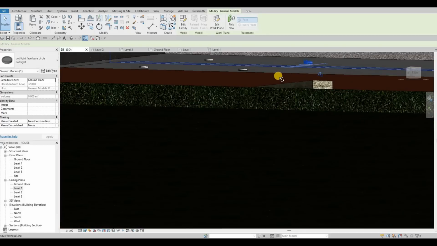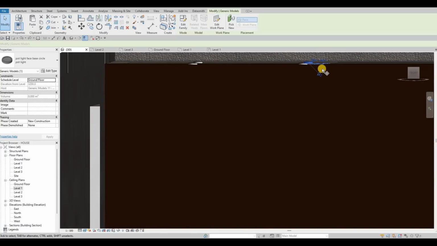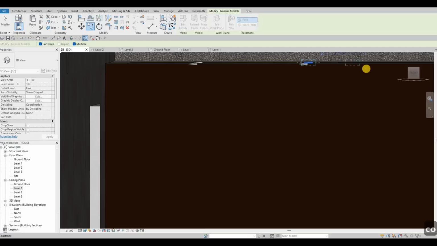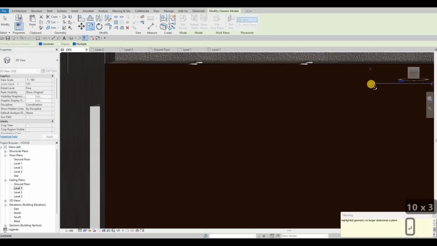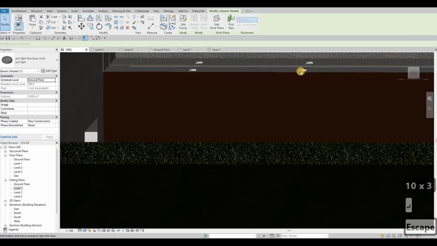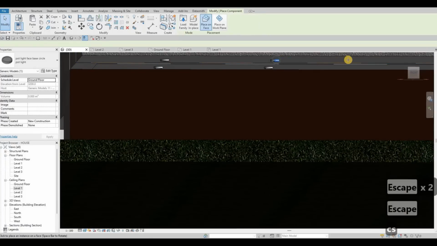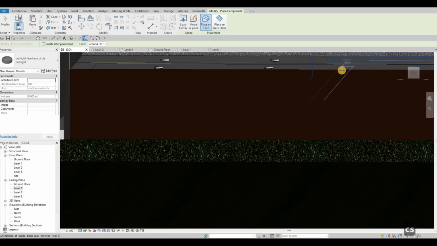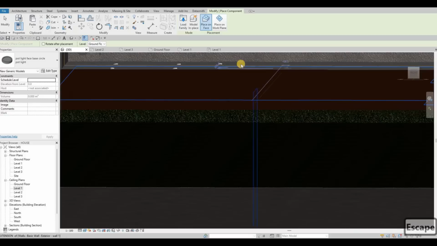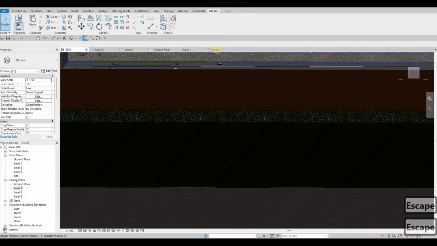For some reason, it's just giving me CS. Okay, so it's a different face, that's why. So I'm gonna add it for now on that face,